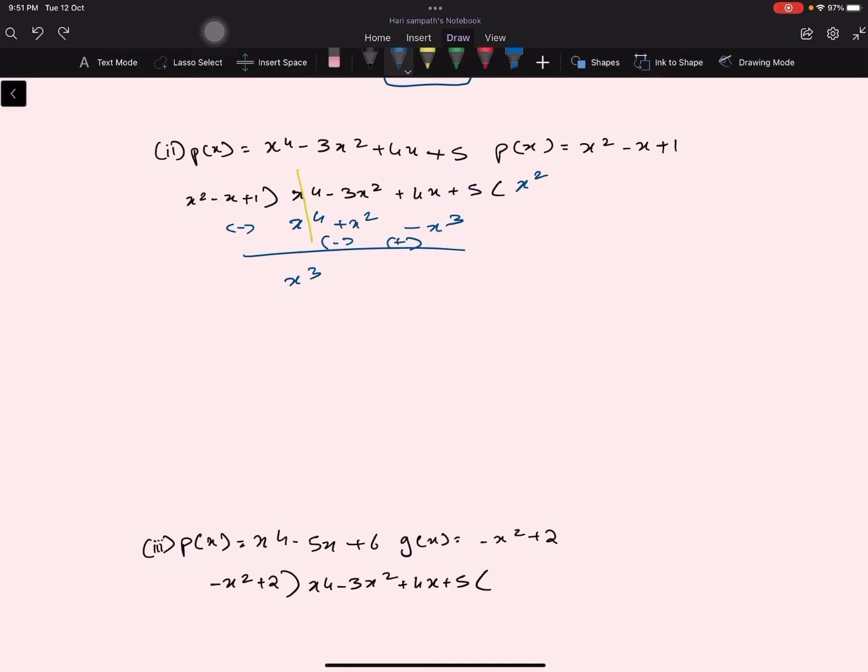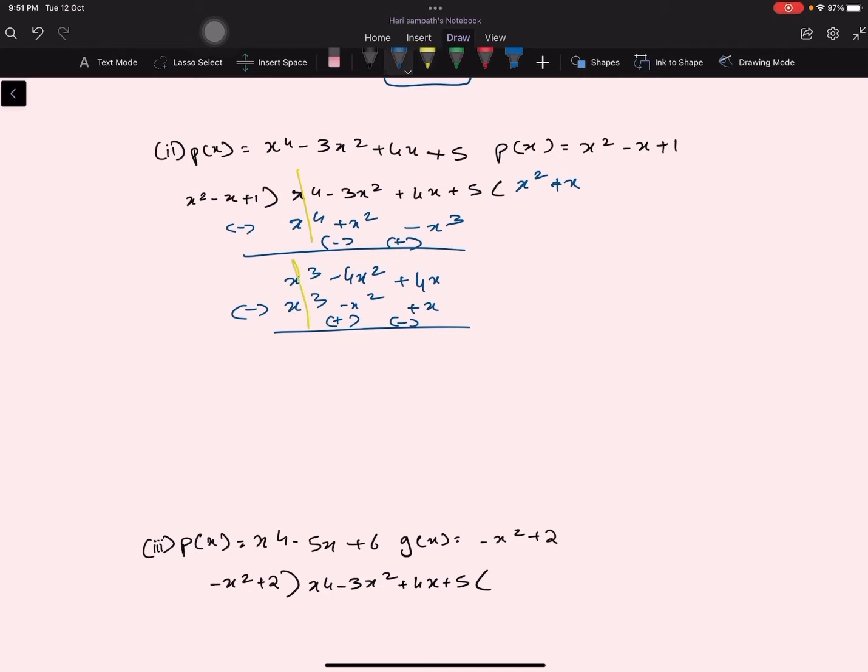So minus x cube minus 4x square plus 4x. So what do we have to multiply with x square in order to get x cube? You're gonna multiply it with x, right? So plus x. If there is minus here, you would have put minus, but now it's just plus. So x cube minus x square plus x. I'm going to subtract it. This becomes positive and this becomes negative. These two cancel each other out.